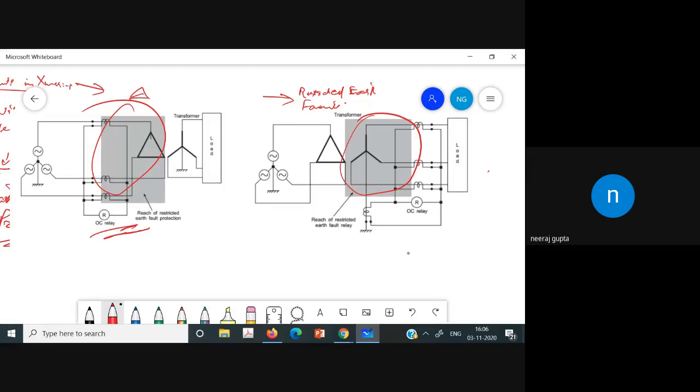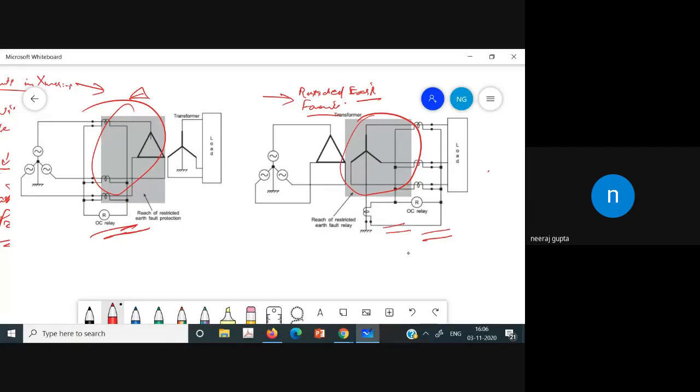However, if the ground faults are there beyond the star side anywhere in the system, they do cause the current to flow in the secondary of the CTs, and the current circulates through the CT in the neutral path and the CT in case of the faulty phase. So there is no spill current flow, and the scheme remains stable on the external fault in that case. So this is the restricted earth fault protection on the star side, and ground protection is also provided in this case. So this is the high resistance ground faults in the transformer.